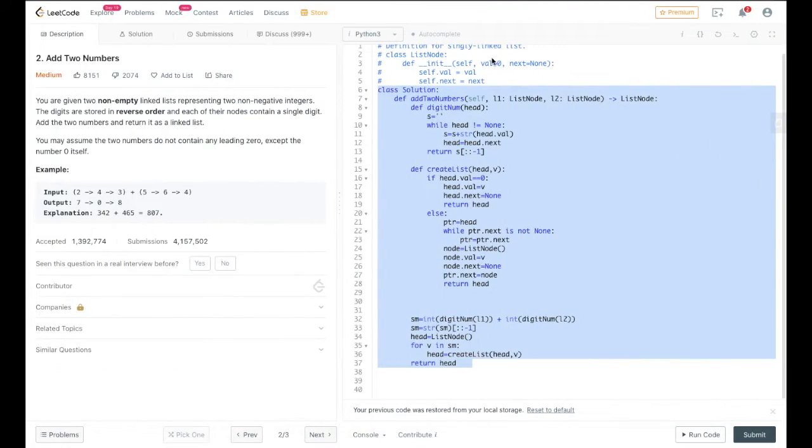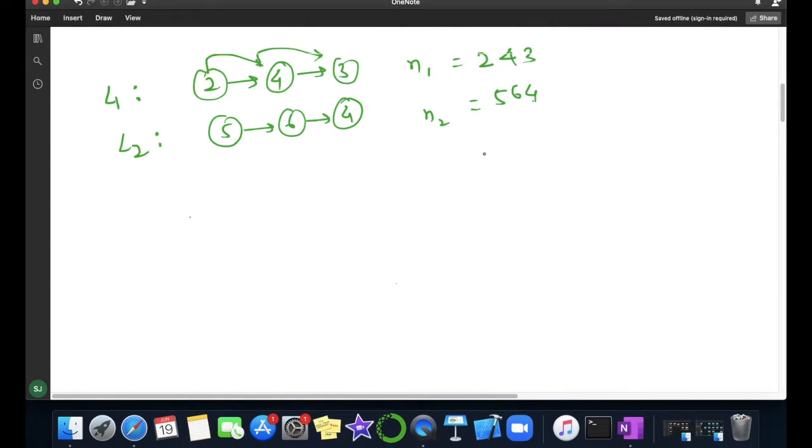You can see here we returned in reverse order. So n1 changed to 3, 4, 2 and n2 changed, after reversing, to 4, 6 and 5. Now we added these two values and got 7, 0 and 8.